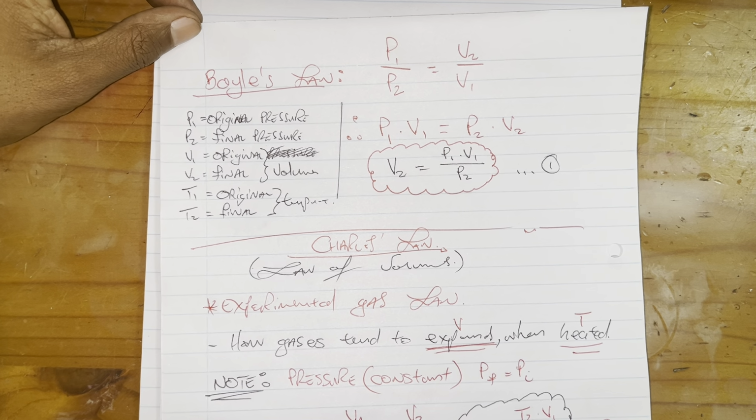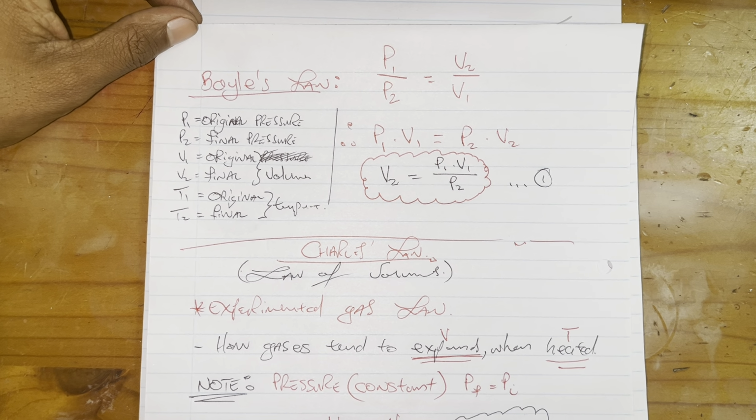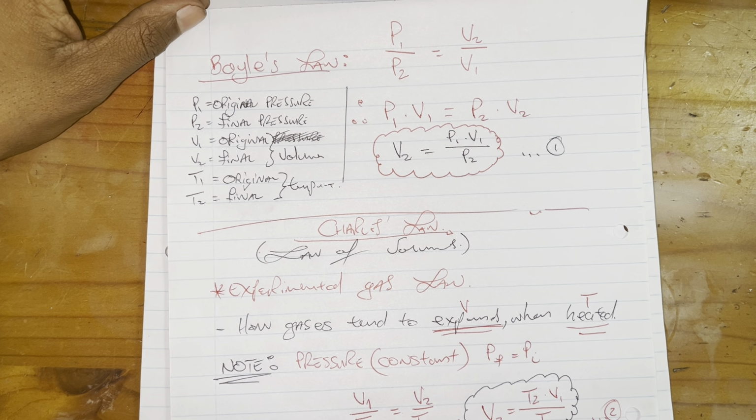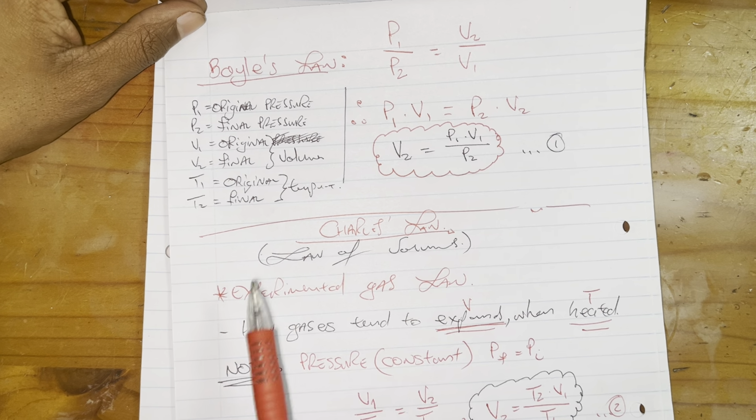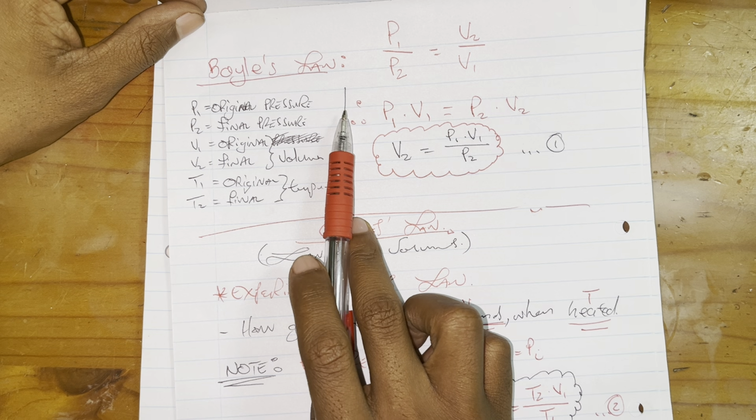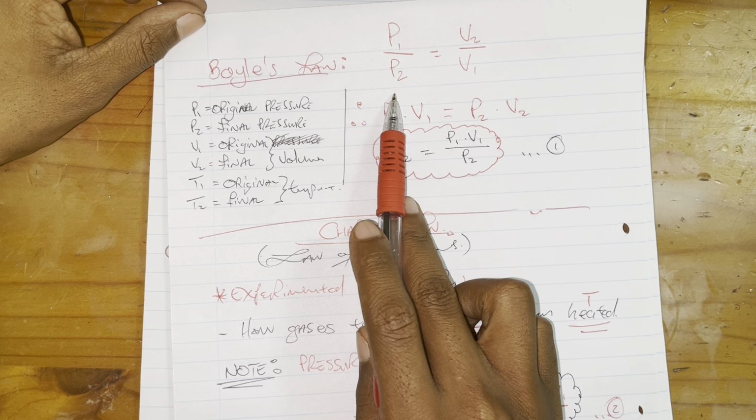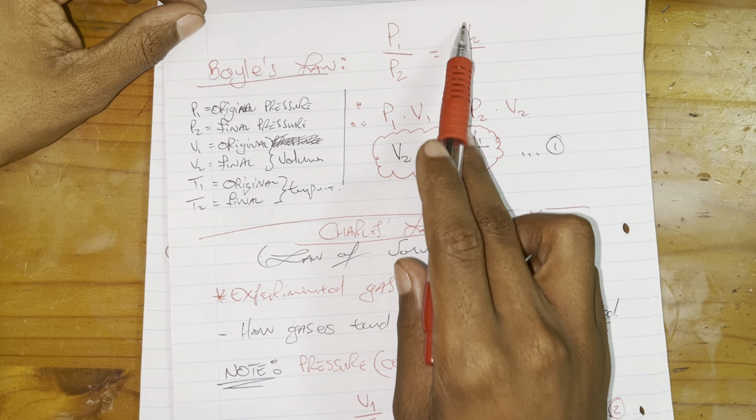Okay, right. So we are just recalling some stuff. There's this thing called Boyle's law. Now Boyle's law basically boils down to P1 divided by P2 is equal to V2